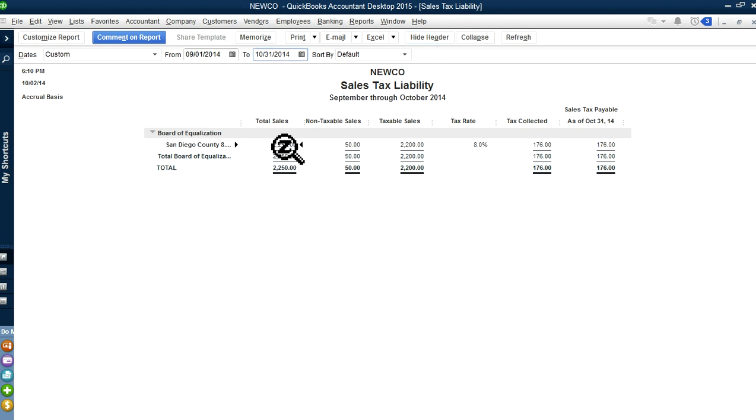So total sales comes to 2250, and then out of that is non-taxable sales. This is the one we just created, $50, and then you have taxable sales of 2200, and 8% is your tax rate, and tax collected, not paid, doesn't matter, it's due on accrual basis. So this is the amount you owe as of October 31st, 176. All right. So now, when you're ready to pay it,